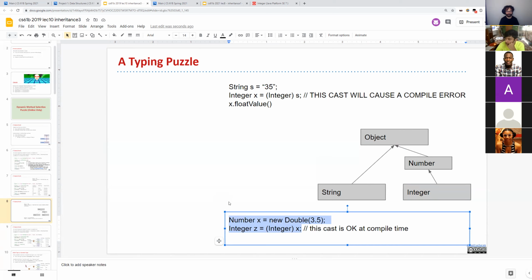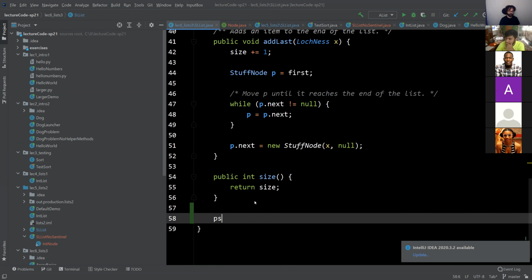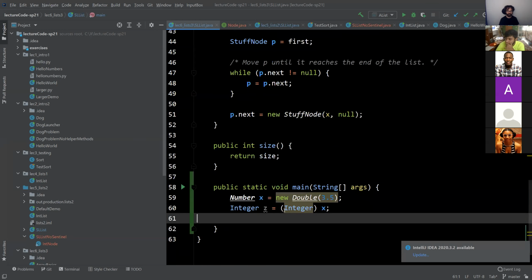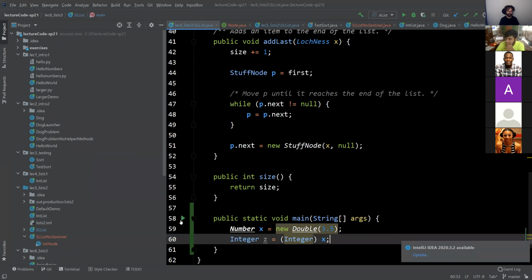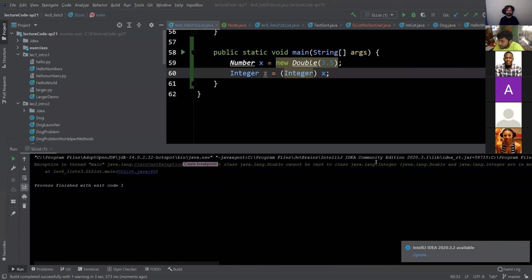Sorry if I took you out onto a crazy world, but good question. I actually don't know. I think it'll cause a runtime error, but let's try it. Okay, I'm going to open IntelliJ. Okay, so the code compiles just fine. When we run it, it fails. Yeah, Double cannot be cast to Integer.